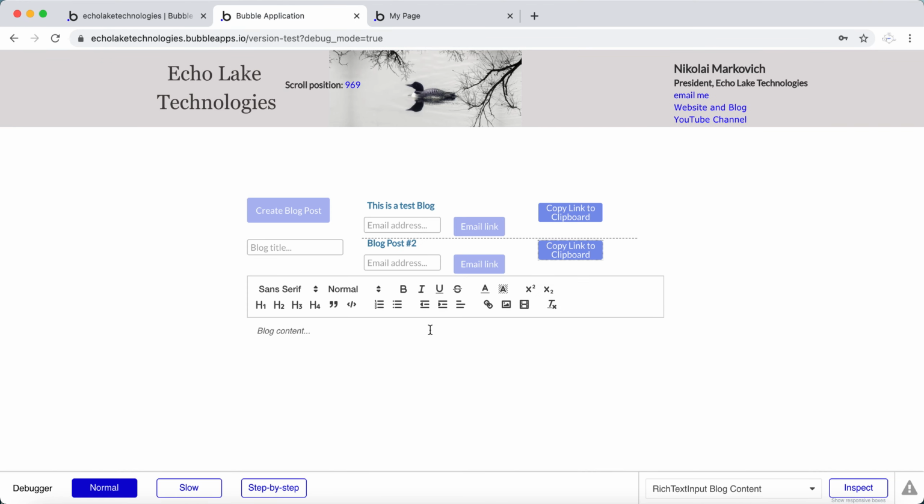The second thing I'm going to show you is how to email a link to somebody. And let's see here, we've got